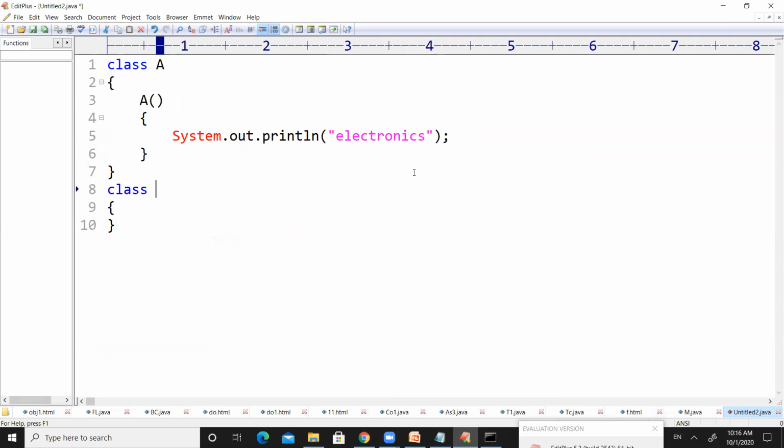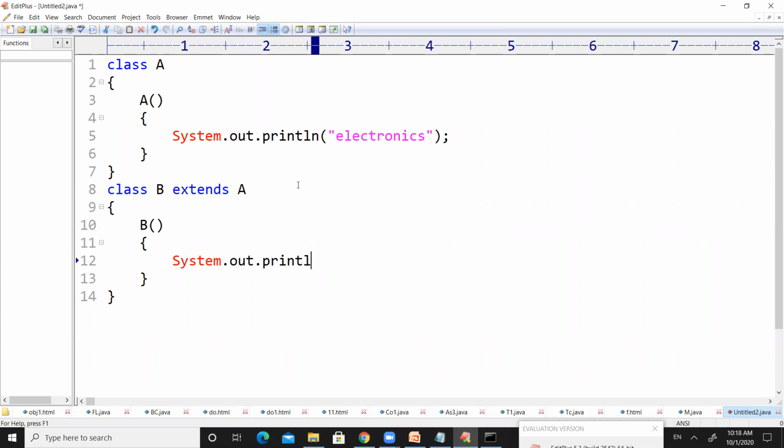And the same thing inside class B. For example, we have a class B which extends class A, and inside class B, I have a constructor, and this particular constructor will print communication.